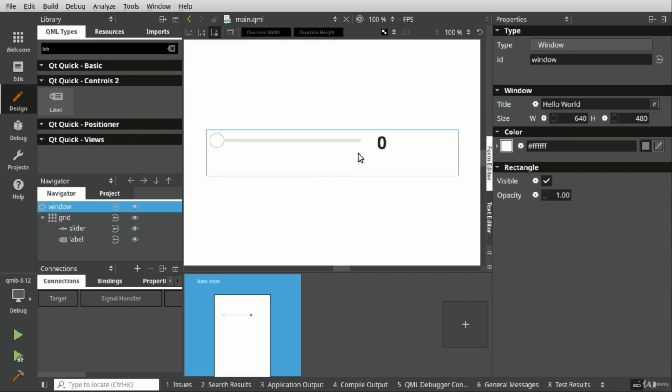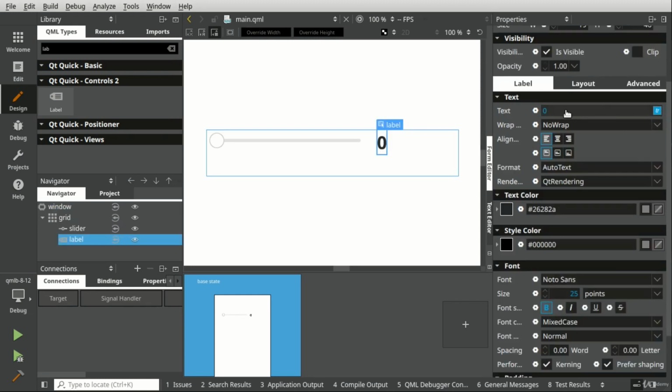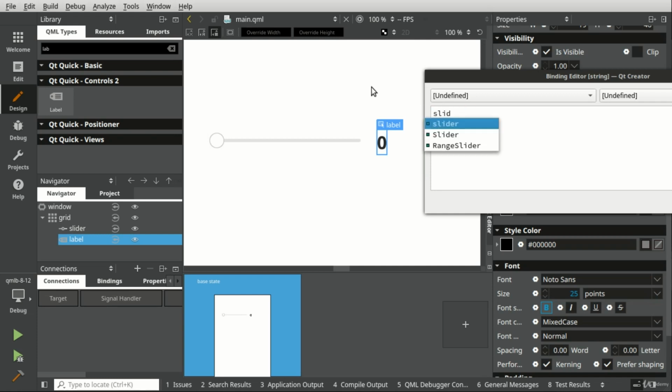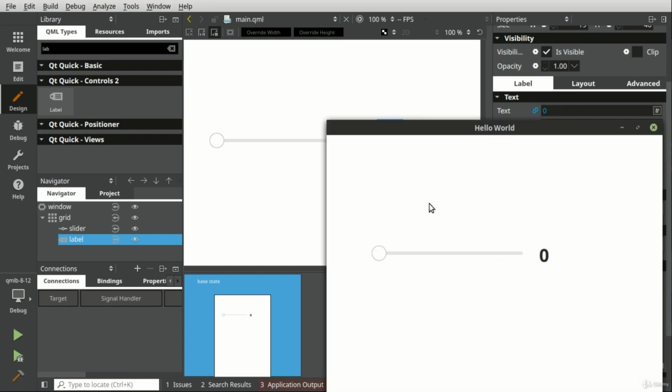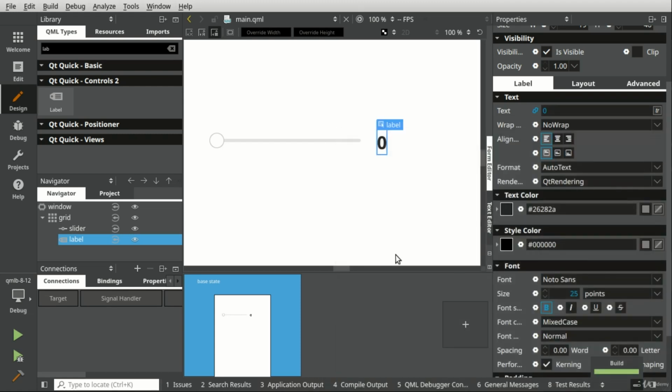There's a few different ways we can do this. First way, we can grab this label, and we can say we want this text to be slider value. It's now bound. Save, run. Let's see what happens. Notice how it's this ginormous number. We could do math round. What we could also do is we could reset that,